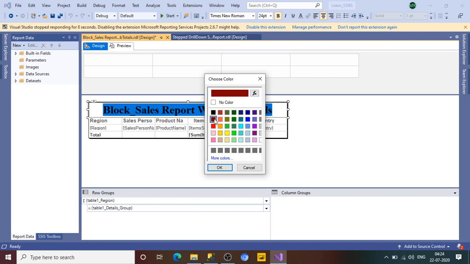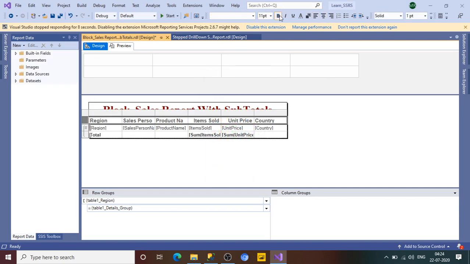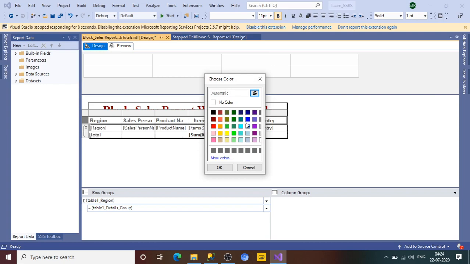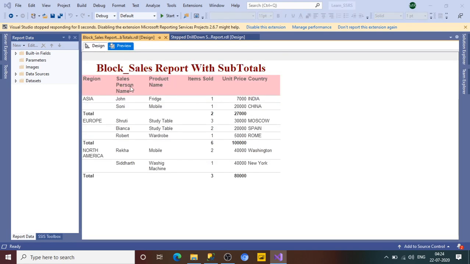Okay, make it this color. And this header we also wanted to keep as bold, not underline. So choose some, or if you want, you can choose your background color. So I'll make it a lighter pink color here and go to preview. So this way you can see this is the header of the report. Okay, this is the name of the report. This is all the columns.